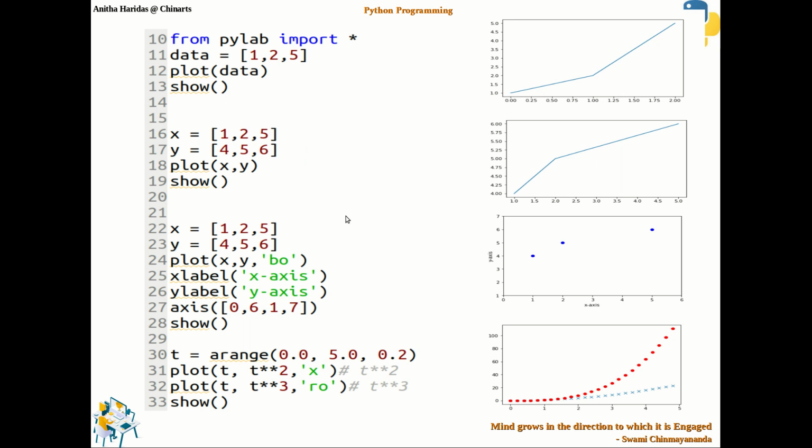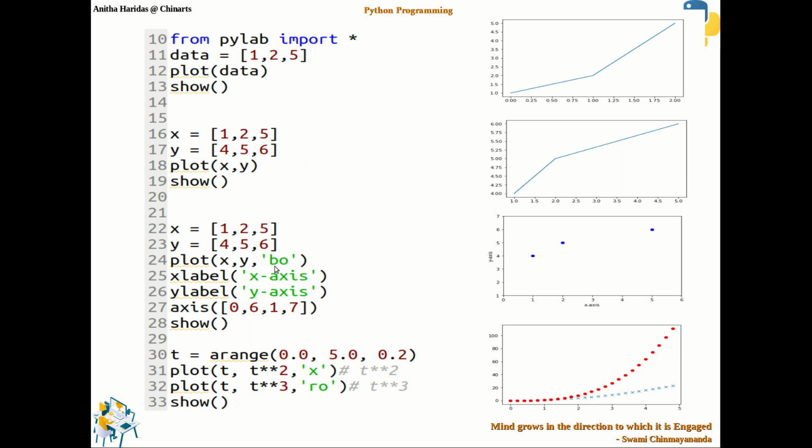Suppose you want to change the plotting: you don't want a line, you want dots and a different color. Then what you have to do is go to the plot function and specify in it the first two parameters as the data sets, and the third parameter is the one that specifies what kind of plotting you want, right?